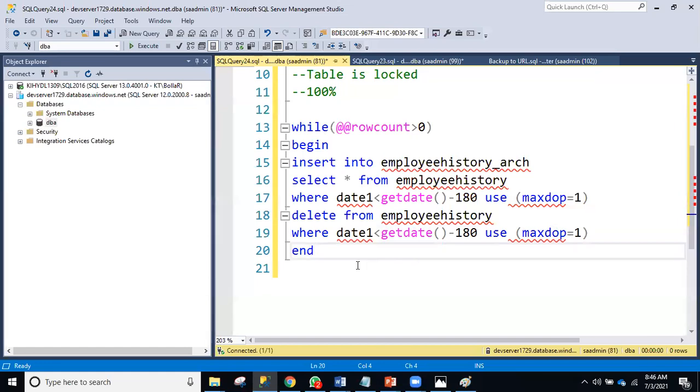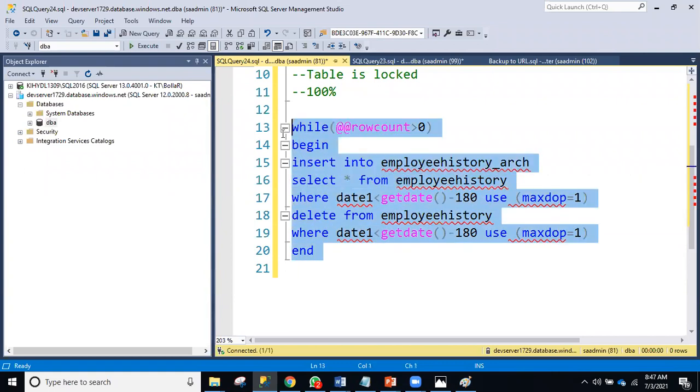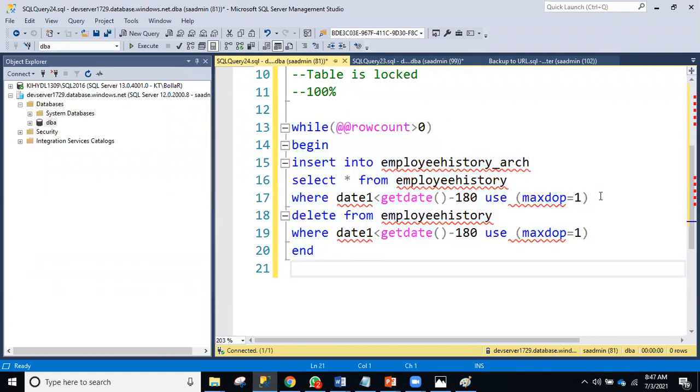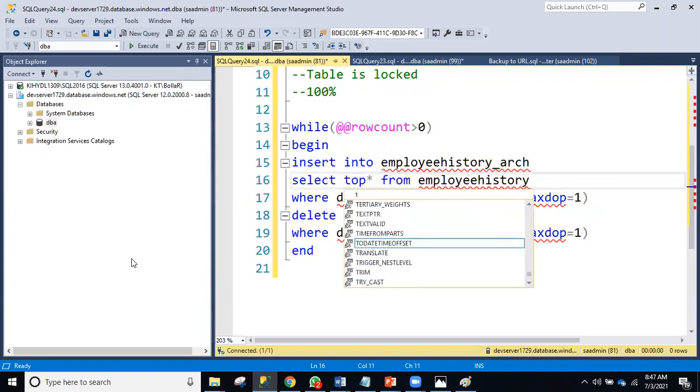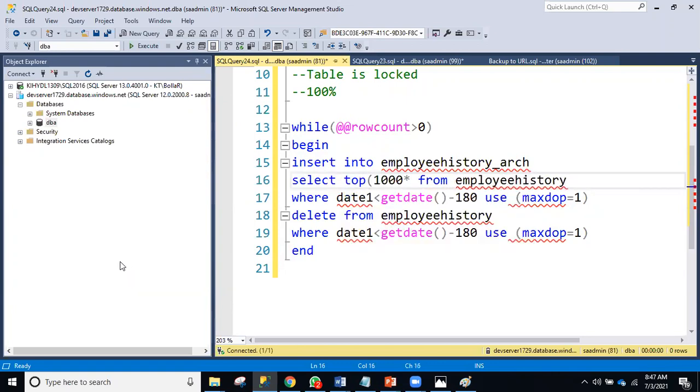So there will be less impact. Of course, we can do this archiving. So team, can't we write it? See team, if you are selecting, there is also a problem in this code, right? Obviously, if you want to keep top 1,000, you can keep it. If you give top 1,000 here, and here also top 1,000 if you are deleting, obviously there is a problem, right?